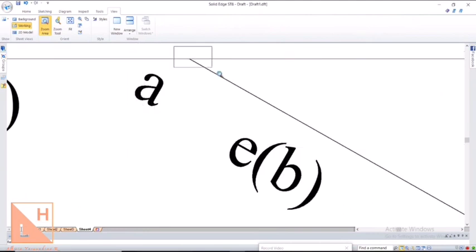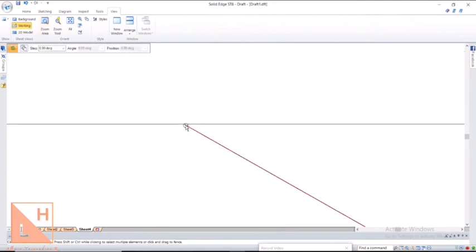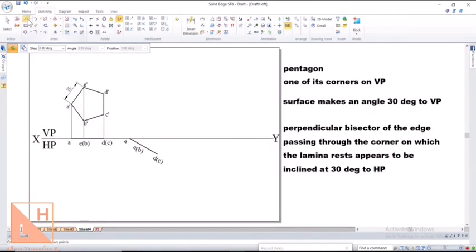And if you zoom and check it also, the point A must lie on the XY line. It must not go beyond the XY line, neither should it be without contact to the XY line. It must lie exactly on the XY line.